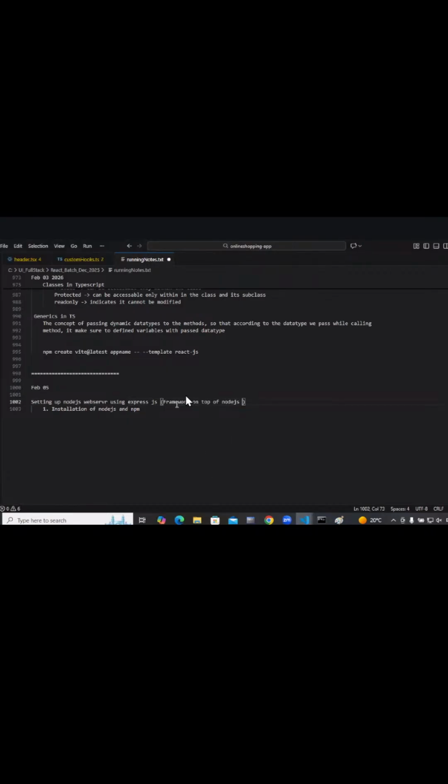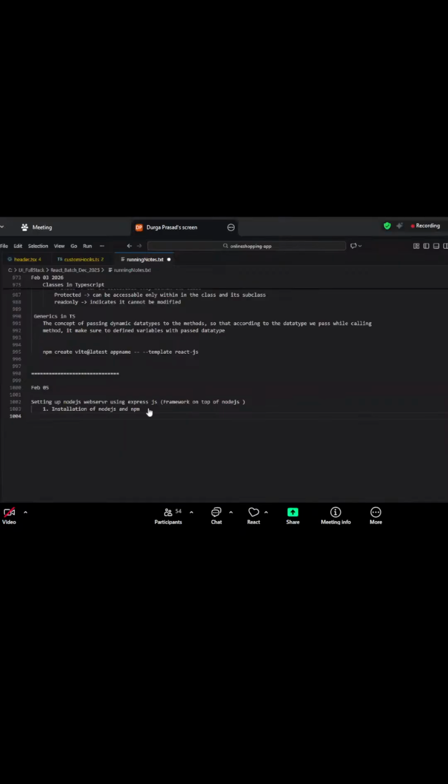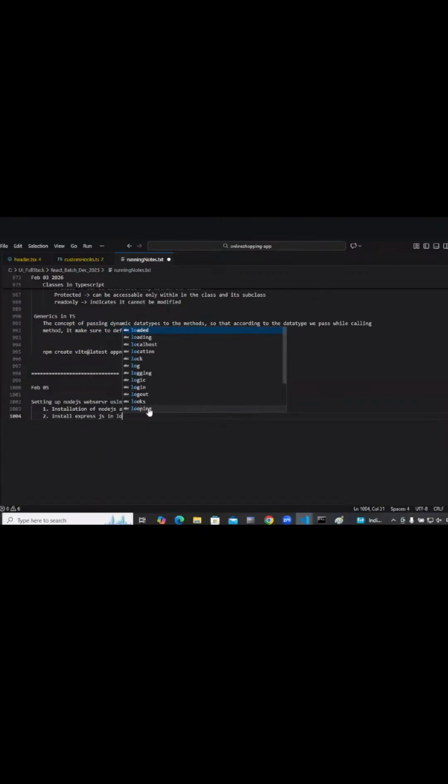It is a JavaScript framework which is on top of Node.js only. Now for that, we need to install Express.js. How are you going to do it? I say npm install express -g, I mean, globally we would like to install.